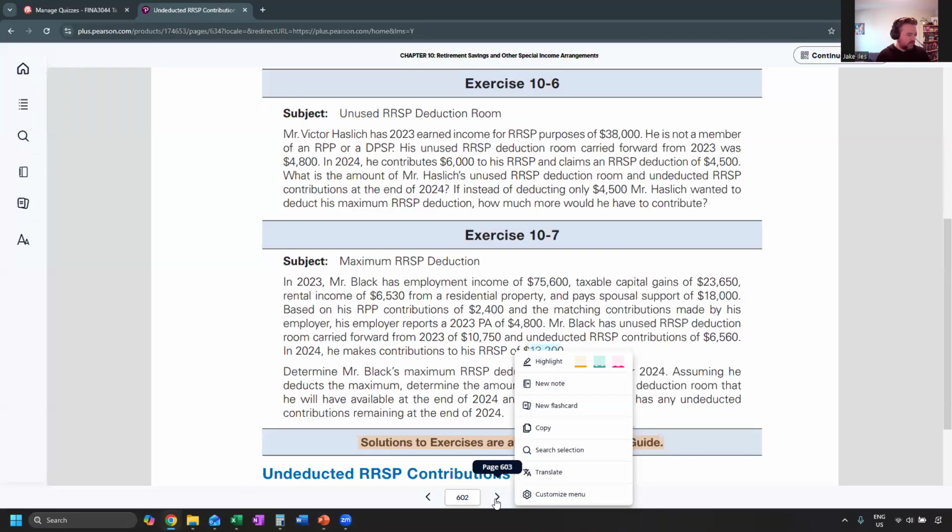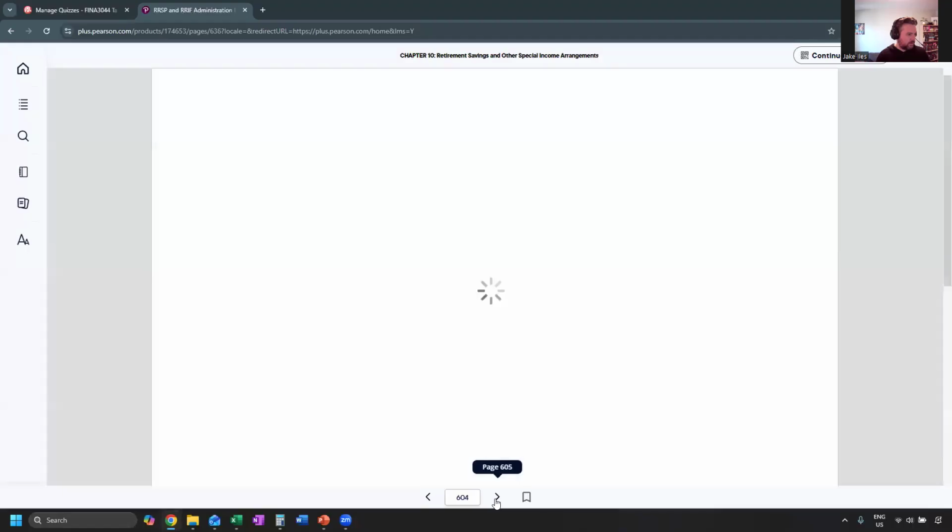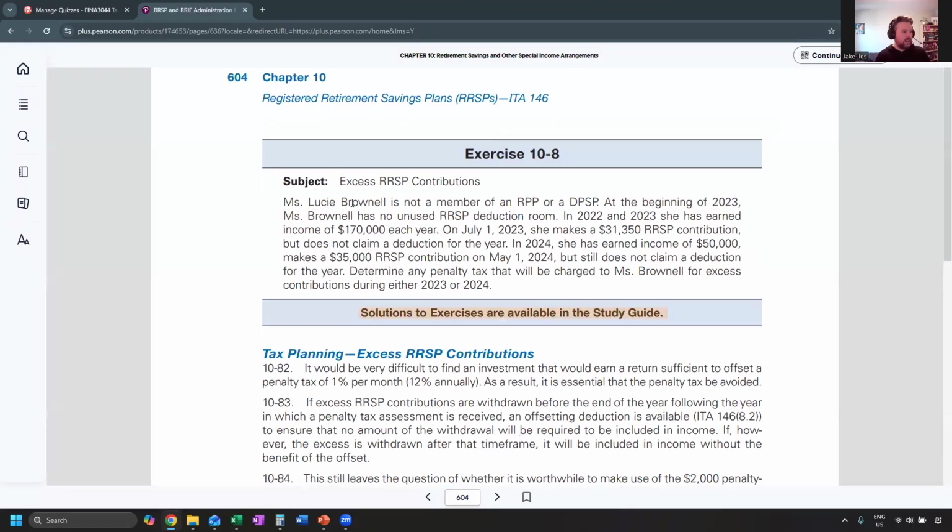There's one more question I'd like to do. Still on excess contribution. So Miss Lucy Brownell is not a member of an RPP or a profit sharing plan. At the beginning of 2023, Miss Brownell has no unused RSP deduction room. In 2022 and 2023, she earned income of $170,000 each year. So her income's the same, and she's not a member of an RPP, so we have no deductions to worry